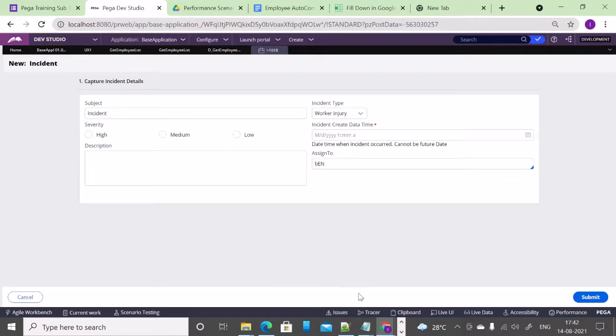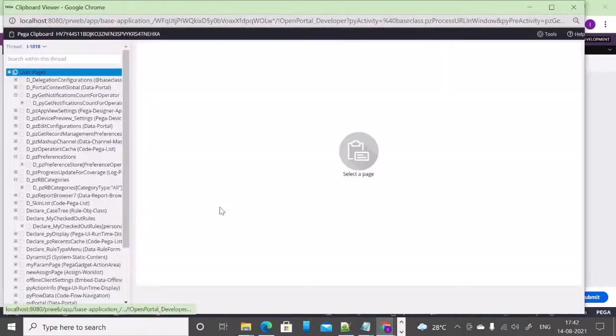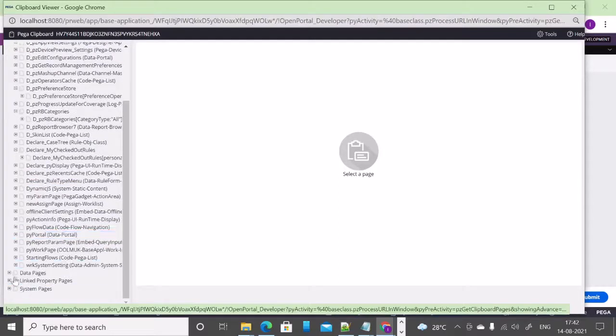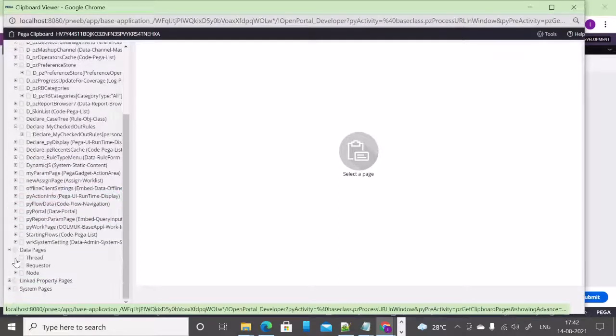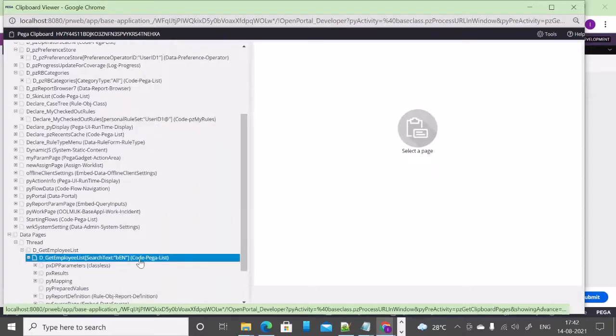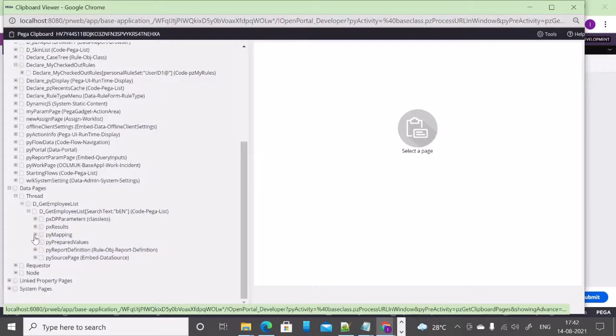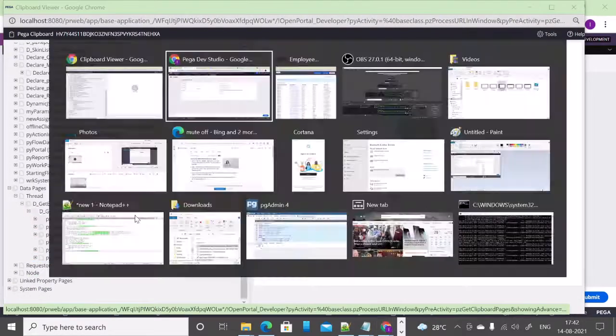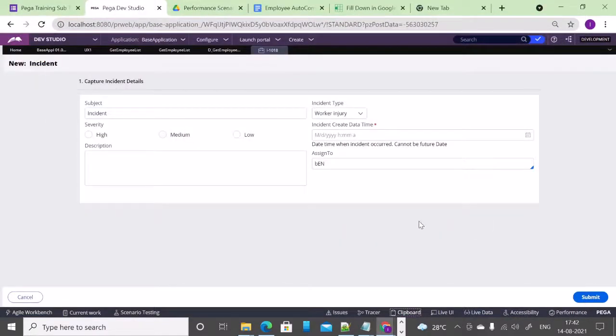Now when we actually see the clipboard, one more quick check we have to do is see if the data is not getting occupied. Good, whatever data is passed to the report definition is getting converted to lowercase. So all fine.